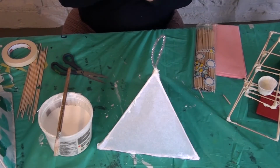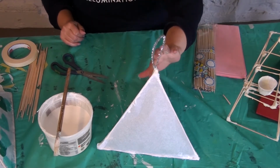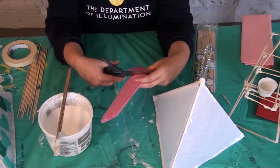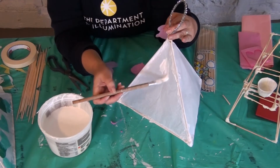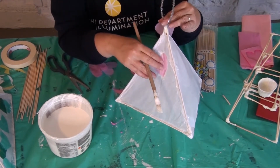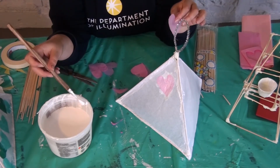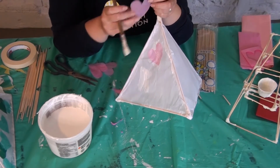Now what we want to do is make some decorations for our lantern. So starting with a white shape, other colors layer really nicely on top. You are going to cut out some shapes out of other colors of tissue paper. And I'm going to paint a little spot just gently onto my lantern. And then I'm going to place one of the hearts there. And then I paint lightly again over top. And it does look a little bit messy at this stage, but as I mentioned, when it dries, it will all be perfectly